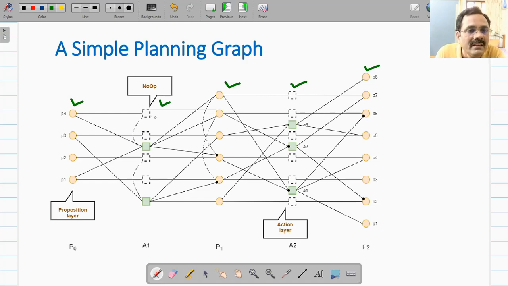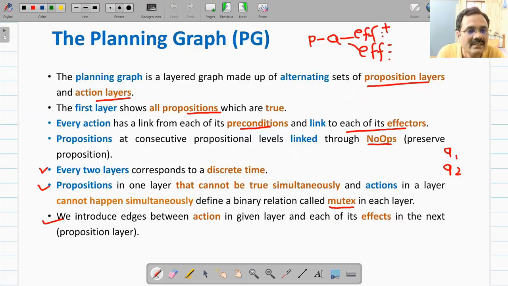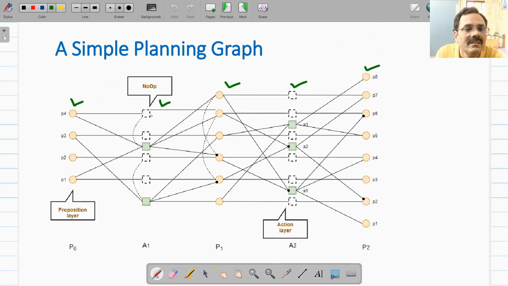In the action layer we have two types of actions here. One is shown by a solid filled square, and another one is shown by an empty dotted square. This empty dotted square represents the action we have just seen, the no-op. That just copies the proposition from one level to the next level, which is called a maintenance link or persistent link or persistent action.